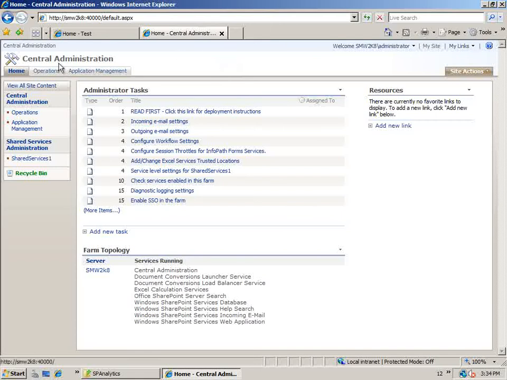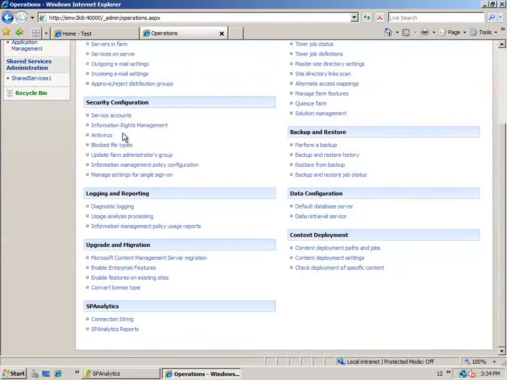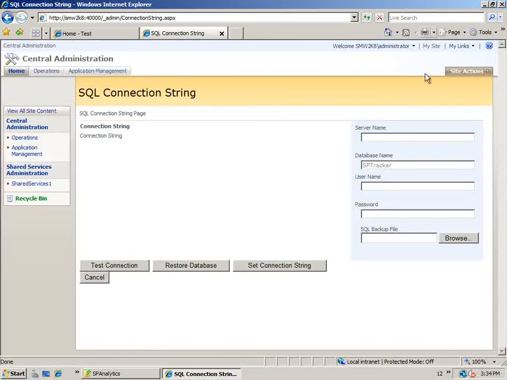In order to do that, go into operations in central administration, and under operations, click on connection string. Over here, go ahead and type in the name of the server on which you have restored the database. Type in a user. Now, you could use Windows authentication, but we prefer that you use SQL authentication for various